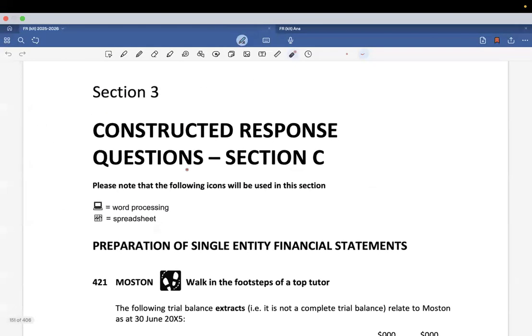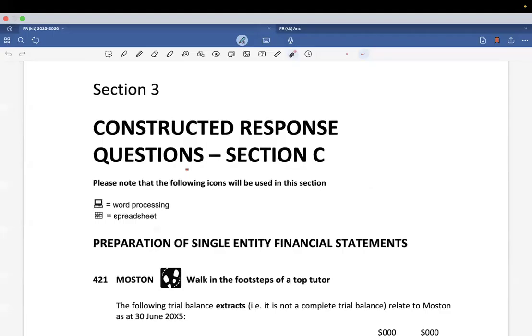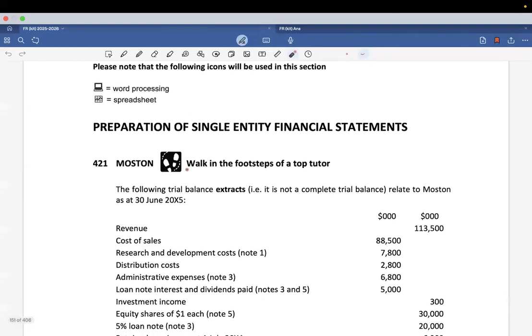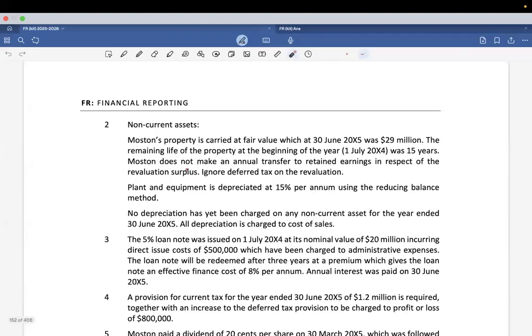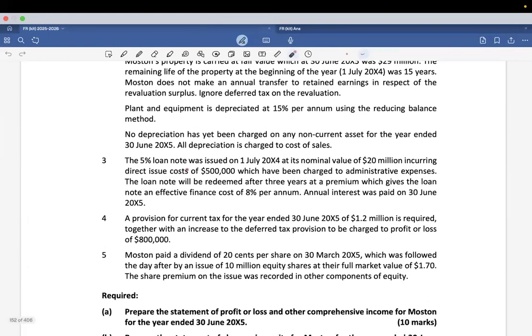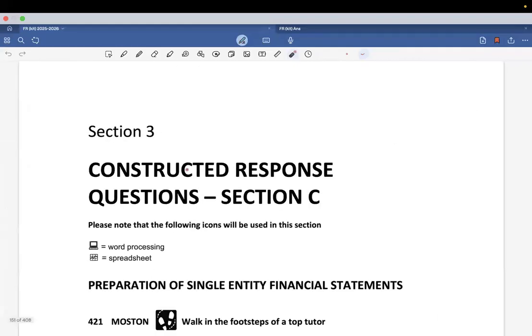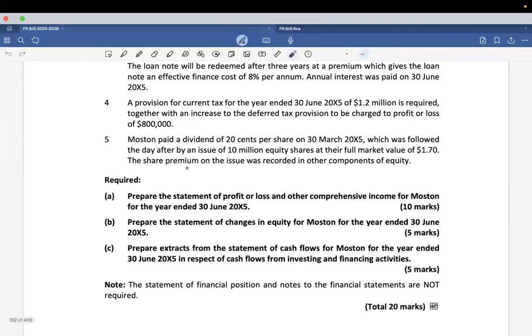Okay, this is question number 421, Moston. This is the 25-26 edition, so it would have the IFRS 18 change in it as well. What you basically do when you have an essay question is skip everything